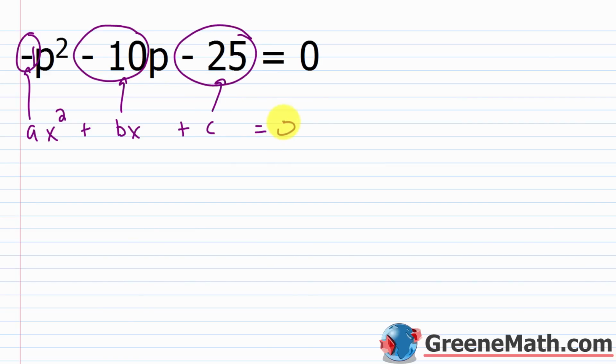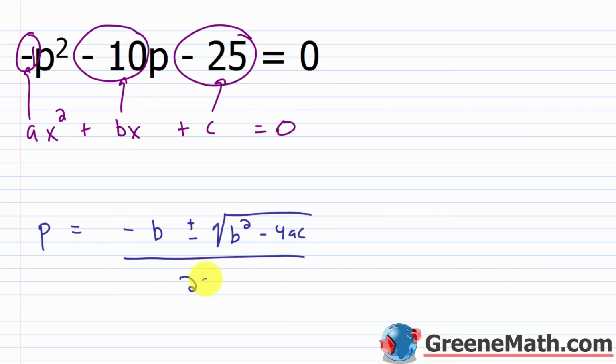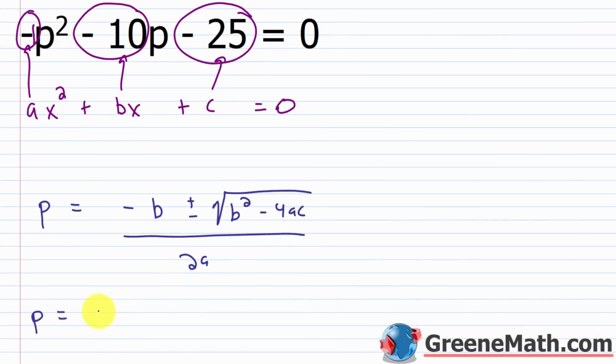So we're going to plug that in for the a, b, and c in the quadratic formula. So again, the quadratic formula, in this case the variable is p, so we'll put p is equal to negative b plus or minus the square root of b squared minus 4ac. This is all over 2a. So I'll have p is equal to, the negative of negative 10 is 10, then plus or minus,